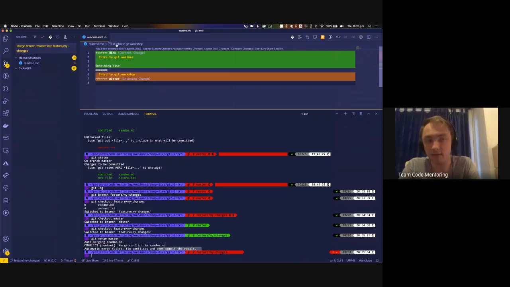You'll actually see in VS Code it's highlighted. It actually creates these markers for us. Git deliberately adds these things in to say, hey, you need to fix this before you keep going. Now, in VS Code,